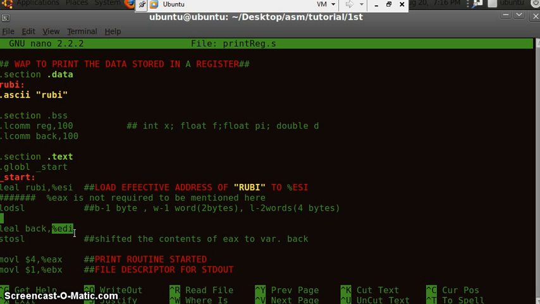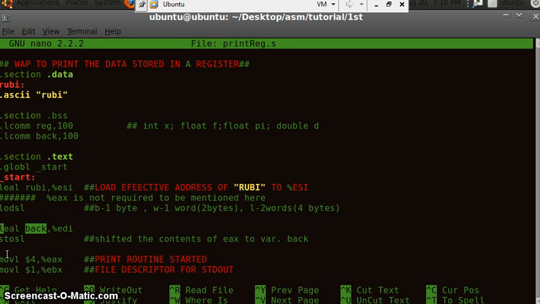Again, you don't need to define a source index, because the source is automatically taken as the EAX register. As soon as you run this command, STOSL will copy the contents of the EAX register to our variable called buffer. So our job is done.